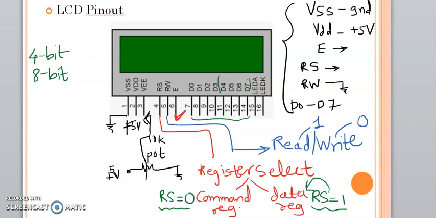Welcome to part B of practical number 7. The aim is to interface the LCD module with Arduino Uno for displaying purpose. So in part A we have learned about the pinout, that is, these are the pins which are mandatory to initialize the LCD module. So now let us configure this LCD with our Arduino.